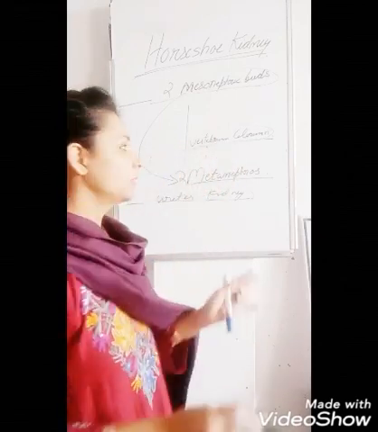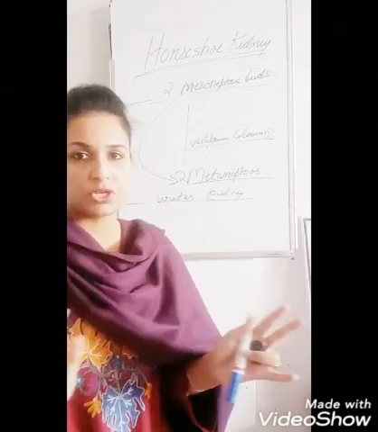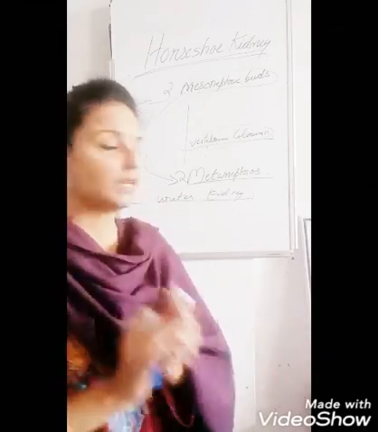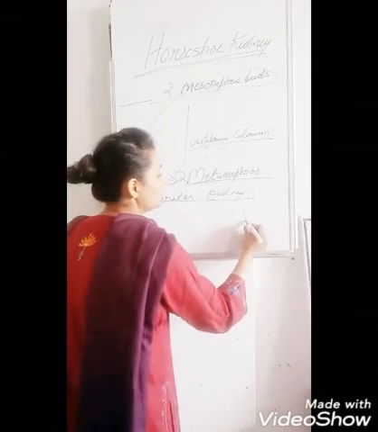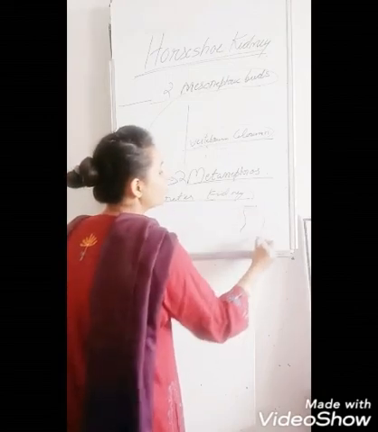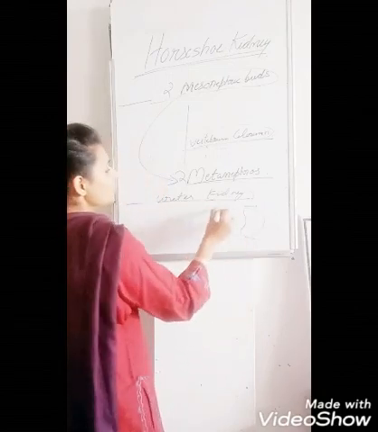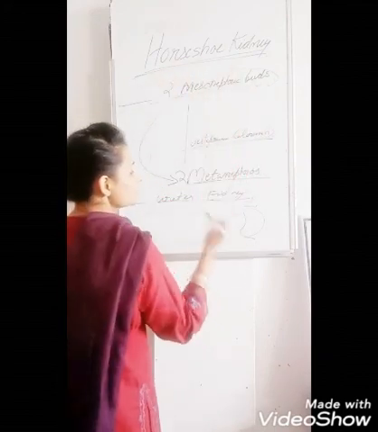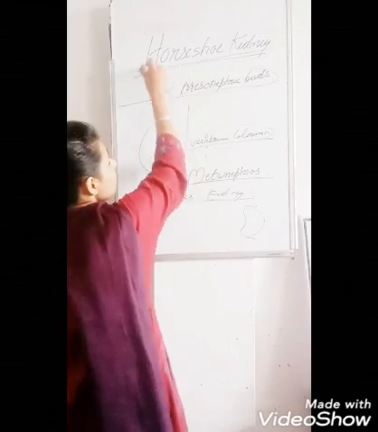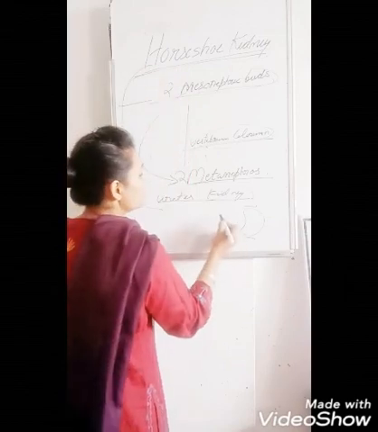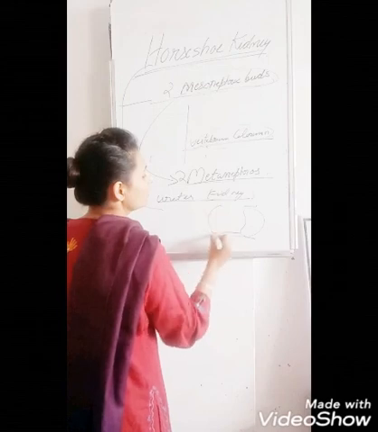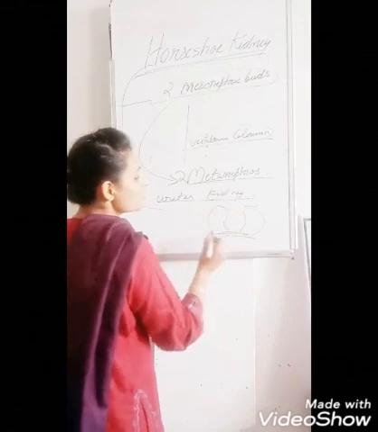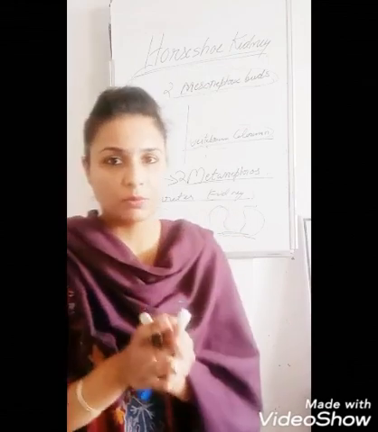Now what will happen? Generally there is no fusion of the poles of the kidney. As we all know, the kidney has an upper pole and a lower pole. These two kidneys are formed from the two mesonephric buds, but there is no fusion. But in the case of horseshoe kidney, there will be fusion of the lower poles.